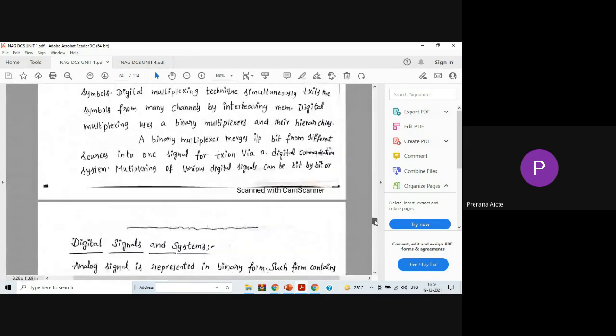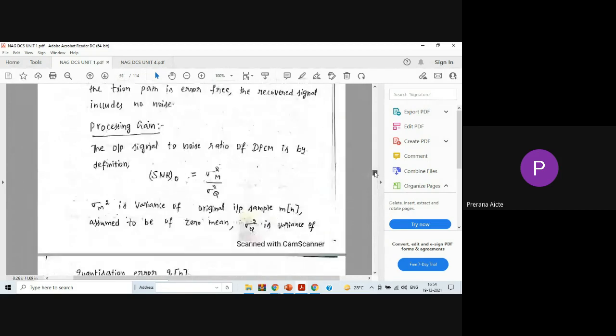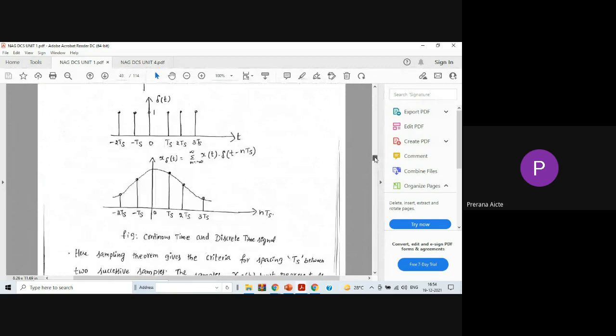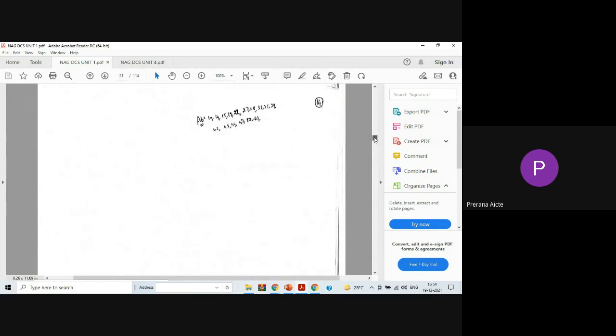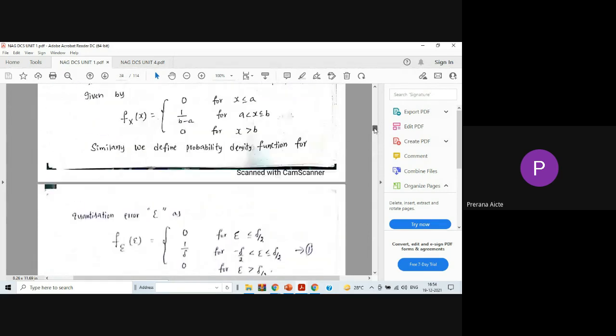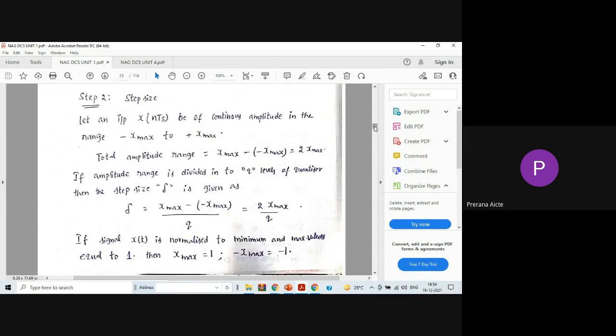Okay. So go through all these recordings. So in this class I have discussed what is pulse code modulation, the pulse code modulation transmitter part, the pulse code modulation receiver part, then the expression for signal to noise ratio of pulse code modulation, and the problems related to pulse code modulation. First we have to find the code word length, then the signaling rate, then the signal to noise ratio. Okay, I have seen that.